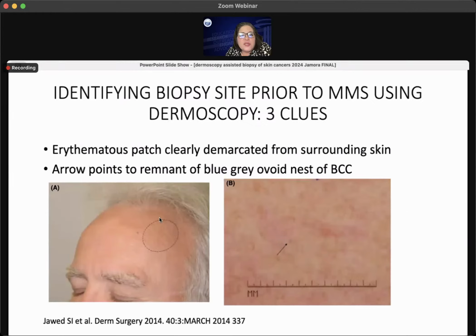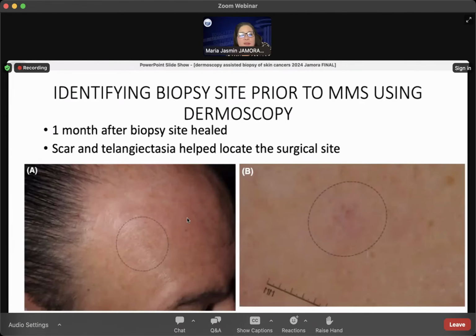So here is the biopsy site. It's hard to see where the lesion is, but here you can see this pink patch here, this homogeneous pink patch with some blood vessels, and in fact, this tiny blue-gray ovoid nest here where there was a remnant of basal cell left behind. So this is the biopsy site where they're gonna do the Mohs, and this other patient